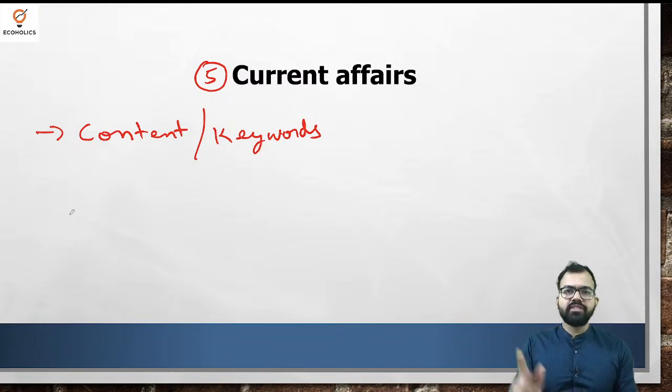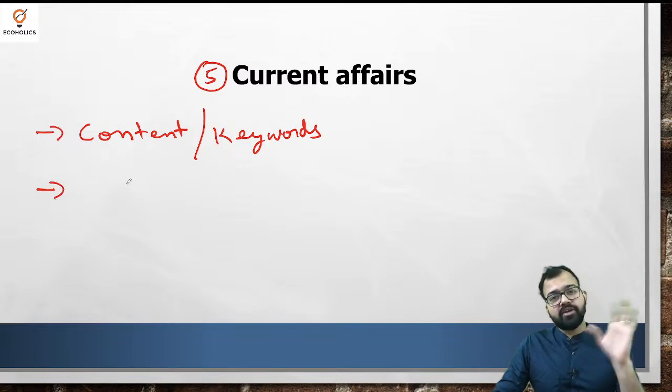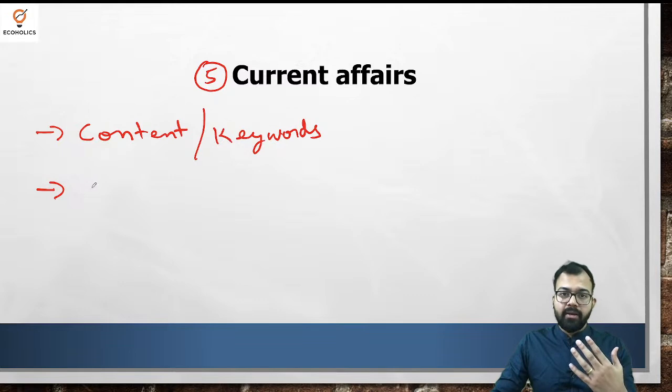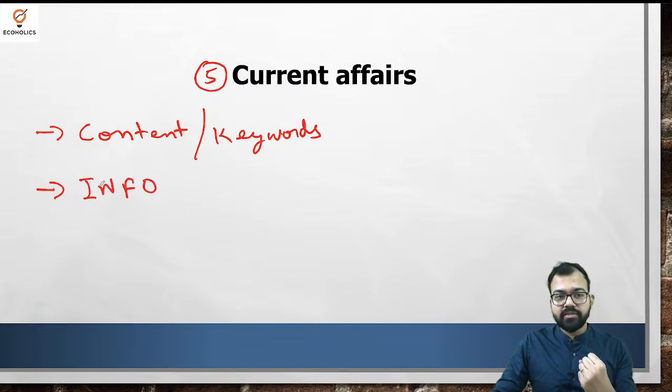Okay. So always remember that you should follow one magazine. On the Ecoholics app we have a current affairs weekly compilation of economics. That weekly compilation will cover each and everything, because in newspapers we expect you to read one newspaper, but you cannot read 4 or 5 newspapers. But a compilation, maybe monthly, weekly, will give you information, because here information also matters.